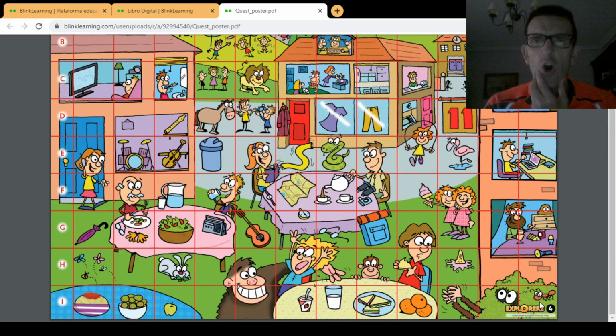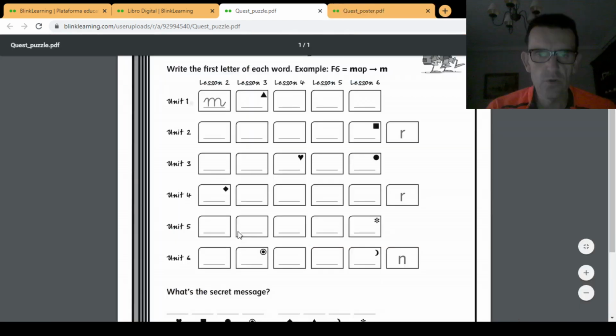I don't know. So please, we go to the quest puzzle. In the quest puzzle, lesson 3, unit 5. Here we are going to write 2 letters. Vamos a escribir 2. ¿Por qué? Porque no sabemos si será la I de insecto, ponemos la I, o la A de hormiga, que es ant, o insect o ant. Luego ya cuando veamos toda la palabra, veremos si la que cuadra es la I de insecto o la A de ant.